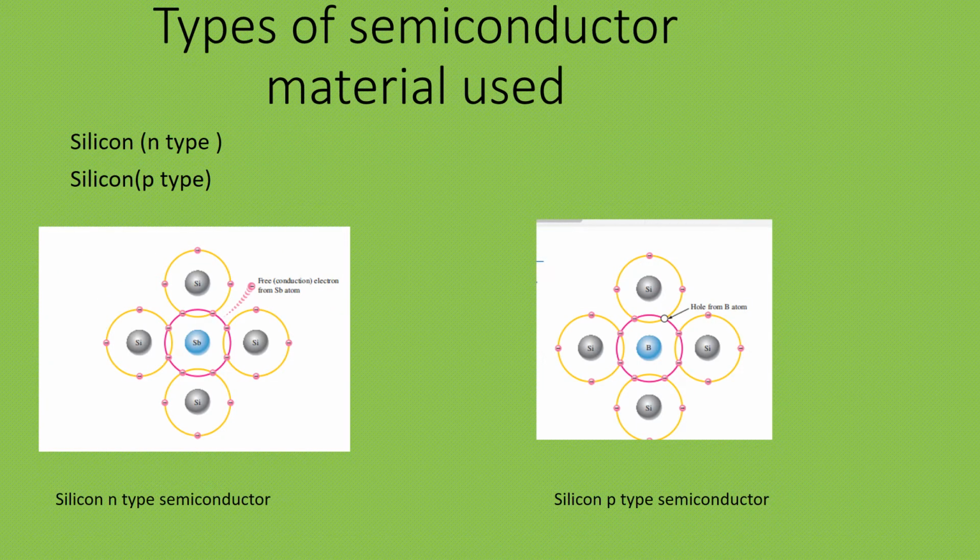Of the types of semiconductor material used, we use N-type and P-type. N-type material is shown on the right side of the screen. Here it has attained its stability with the other silicon atoms. The moment it attains stability, it releases electrons, and this free flow of electrons keeps on moving randomly, hits another particle, again releases an electron, and in this way there will be a flow of current.